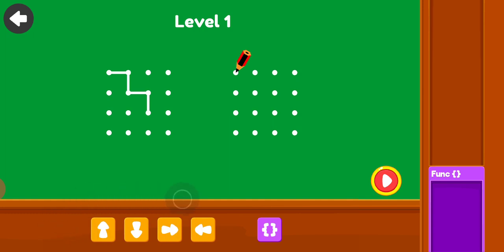Once you click the button, the scripts are created in the panel. But the scripts are created in a button format, not as a text format. Once you complete, you can click the play button and you can run the output. You can execute the script and you can see the output.